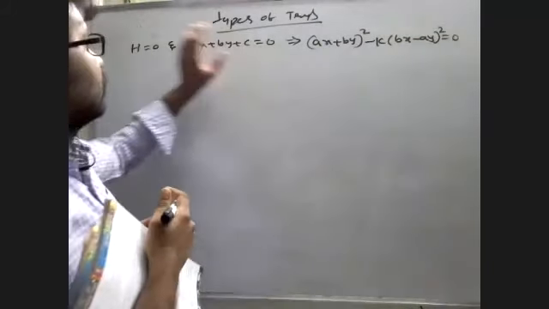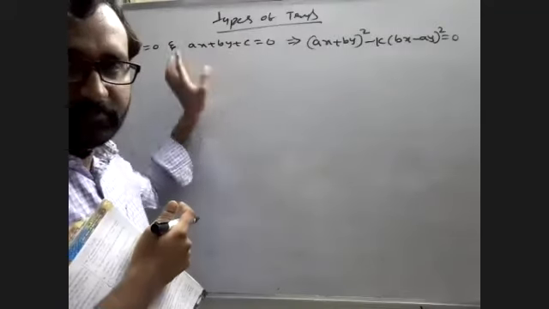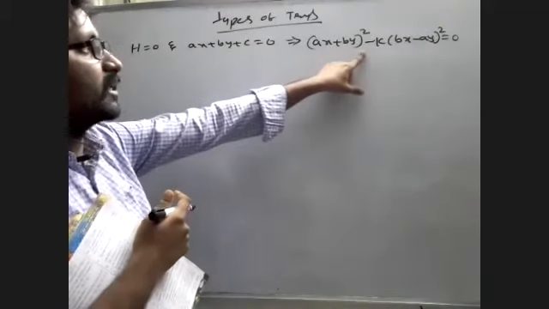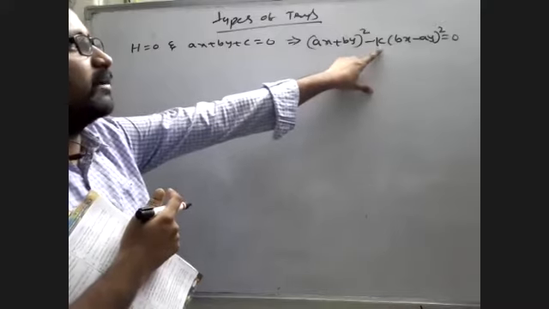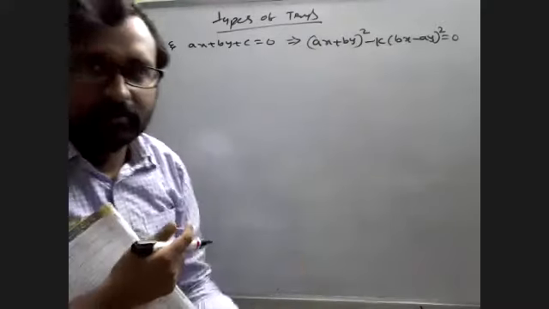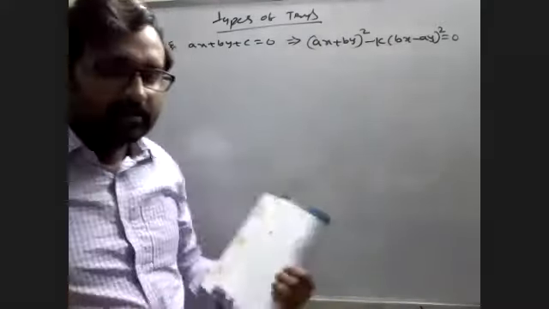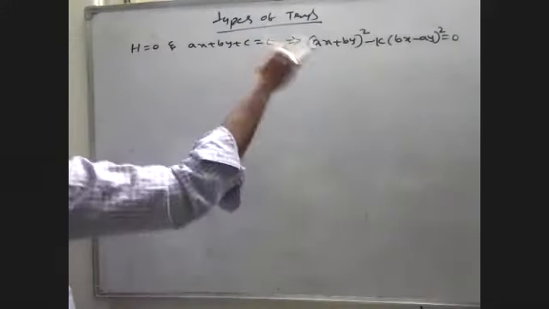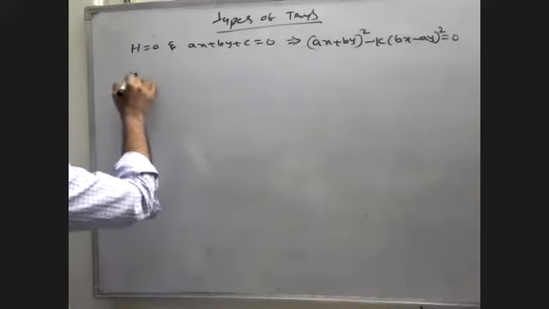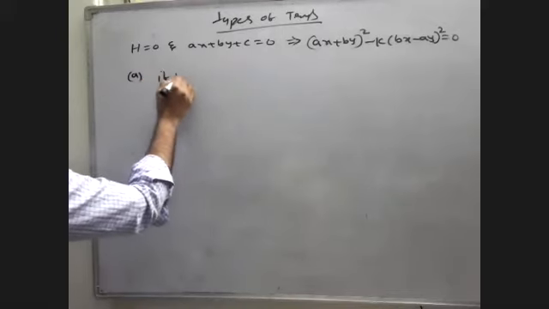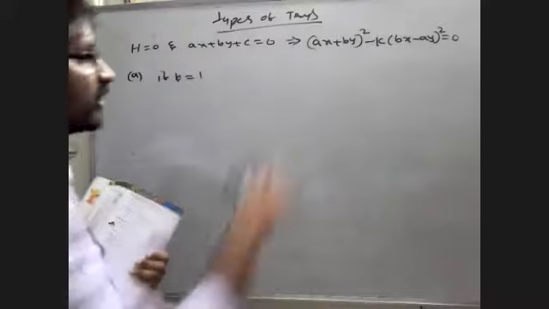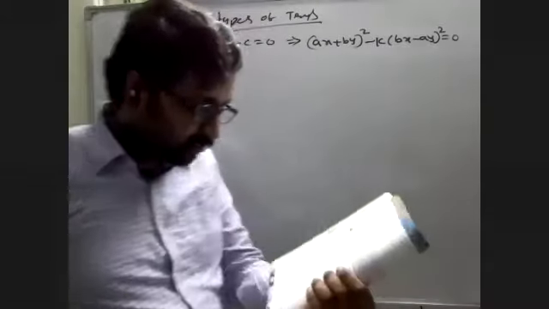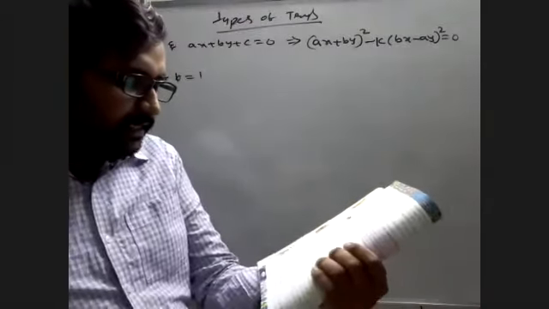See here, this is a pair of lines and a straight line forming a triangle. Then you will get the condition. Depending on the k value, you will get a different type of triangle. So what is the value of k and what is the triangle? If k equal to 1, then the triangle is